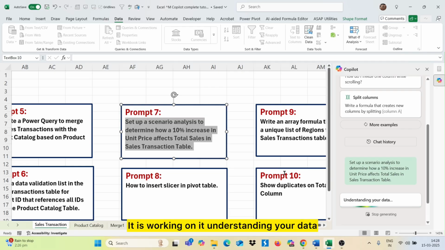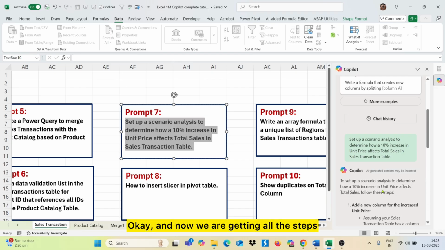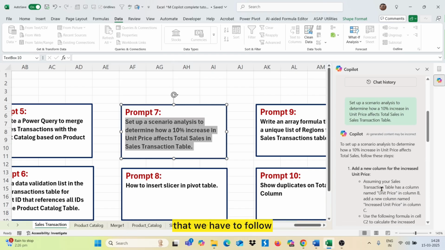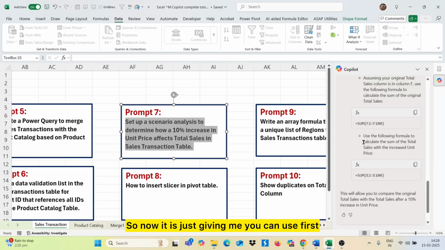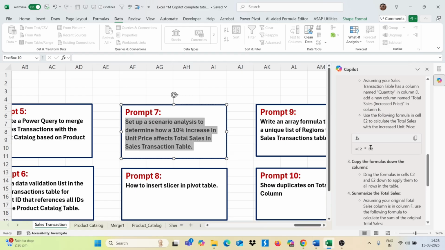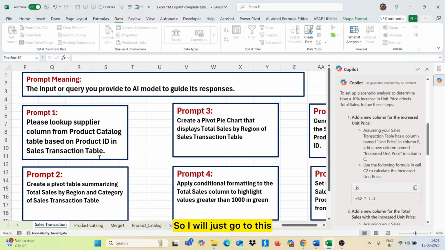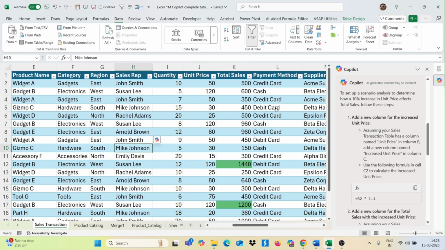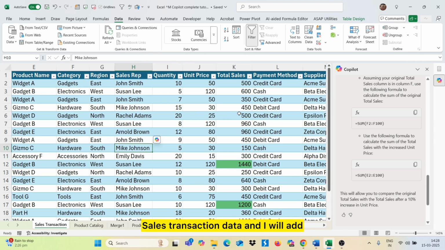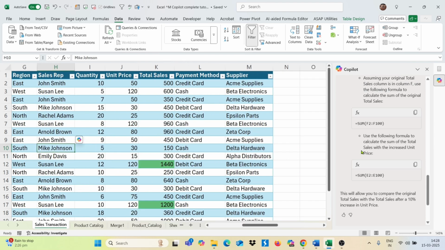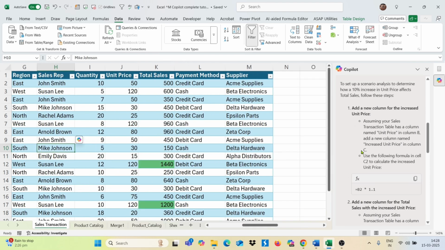It is working on it, understanding your data, almost there. Okay, and now we are getting all the steps that we have to follow. The first step is: add a new column for the increased unit price. So I will just go to this sales transaction data and I will add a new column